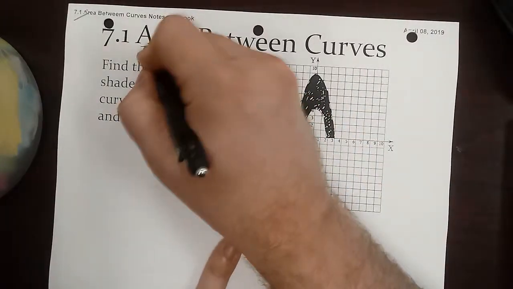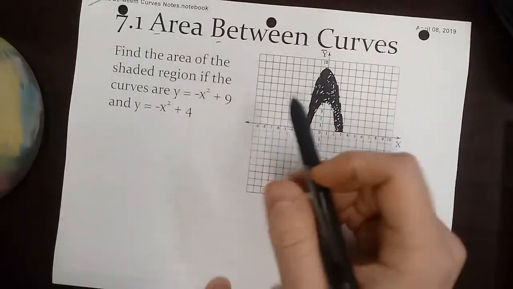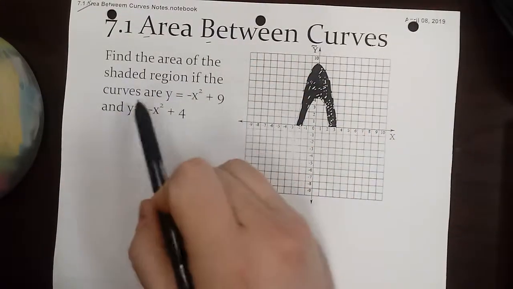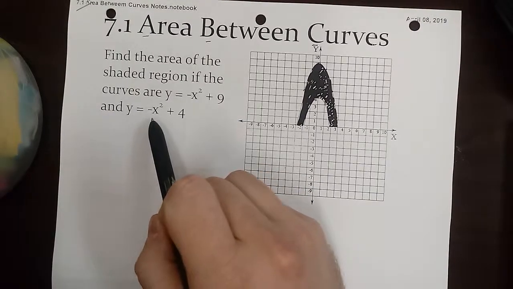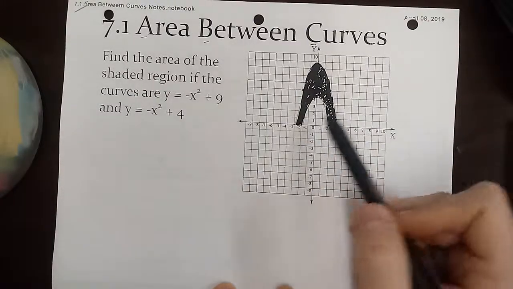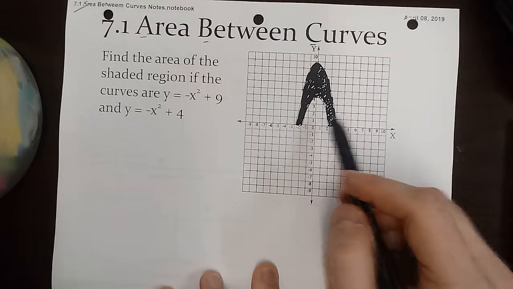Today we're going to look at the area between curves, also known as the ABCs. All right. So, our warm-up says, find the area of the shaded region if the curves are y equals negative x squared plus 9 and y equals negative x squared plus 4. And so I've already drawn the parabolas and colored it in. And so if we're trying to find this region,